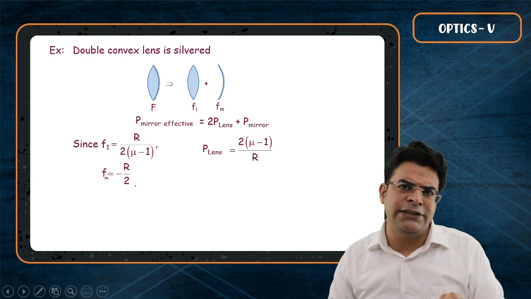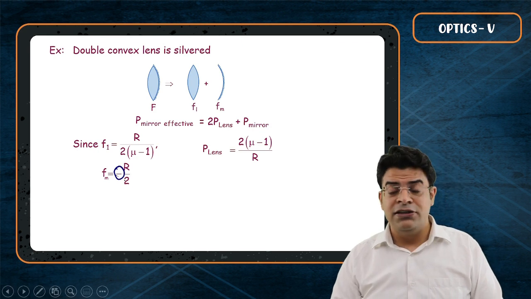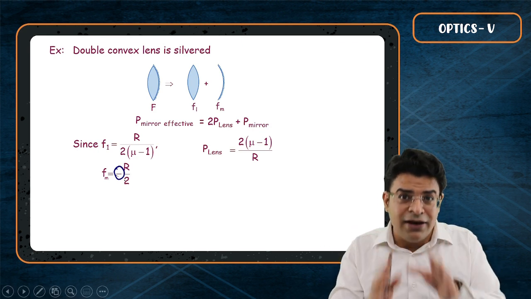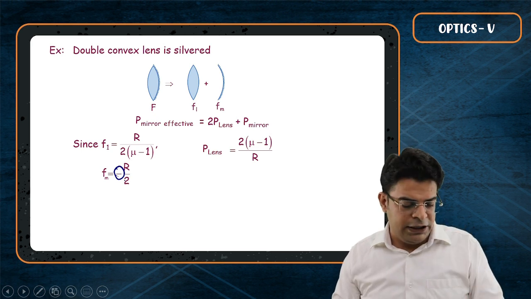Optics is easy. What people do wrong here is that they do not write this minus, and they turn their plus 4 to minus 1. So better be very cautious about sign in optics.